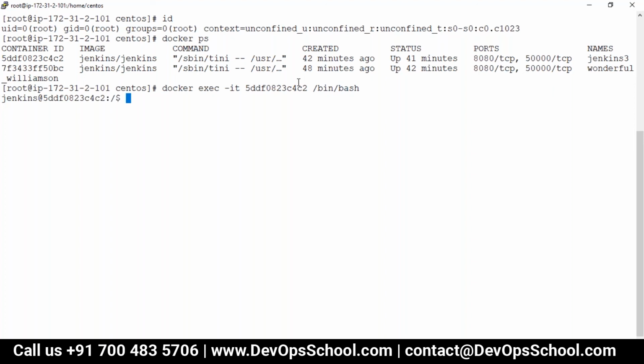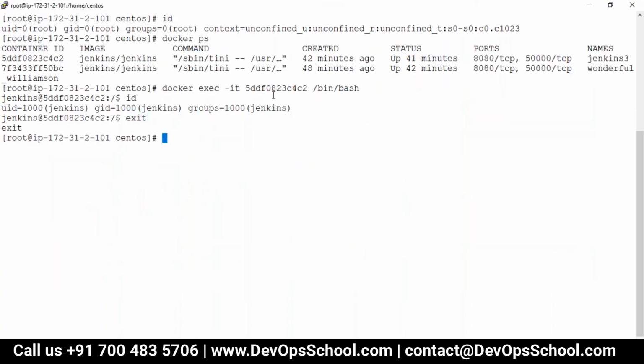Guys, tell me, who are you right now? Who are you? Jenkins. So this is a user. You saw that here. This is a user initialization. You are logged in as Jenkins. Remember, it's not on the host machine. You remember I ran the docker command. So you are a user. A container is also a user initialization.